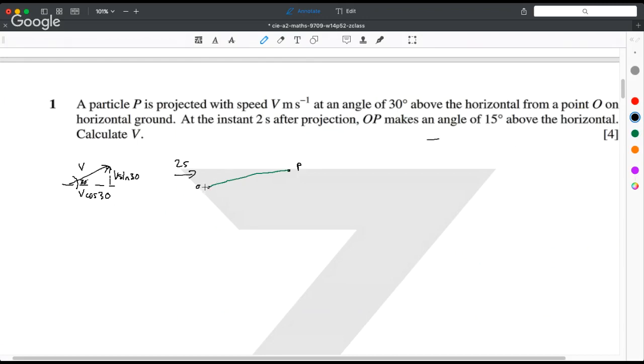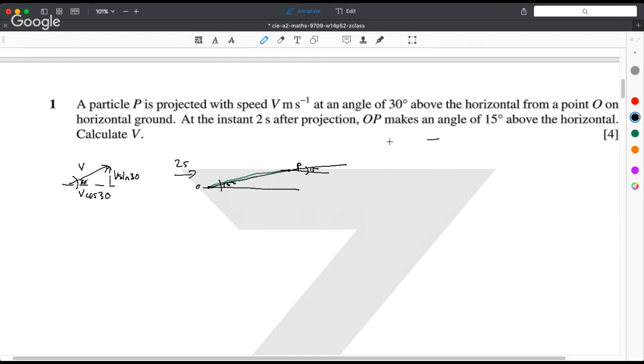And at this point, the angle that it's making is 15 degrees. So if you drew this line from O to P, this straight line, like so, you would get that this angle would be 15 degrees. So how do we solve this question? Well, I think the best thing to do is to